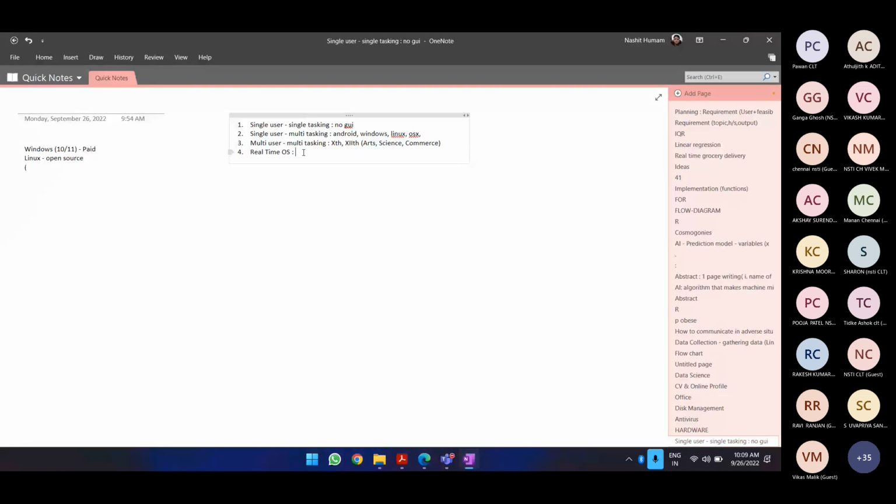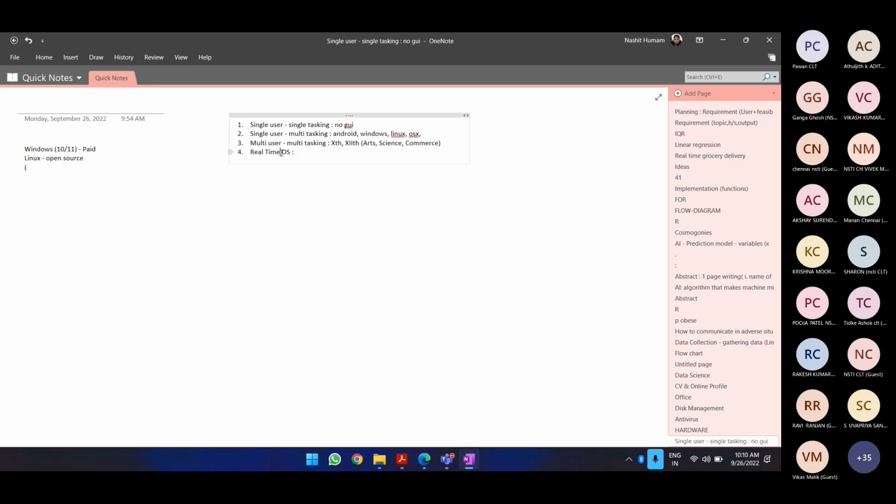a definite purpose. They cannot be used like when we are talking about single user, single tasking, even command prompt, we can use it for multiple purposes. We check date, time, different directories, we can make a directory, we can delete a directory, we can do a lot of things. Similarly, with single user, multitasking, many purposes can be fulfilled. Multi-user multitasking, many things can be done. And in case we talk about real-time operating systems, they can be used for one thing, a single task.